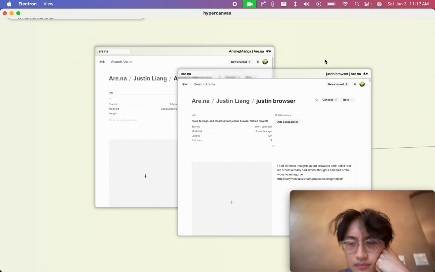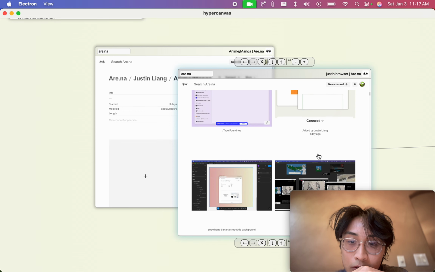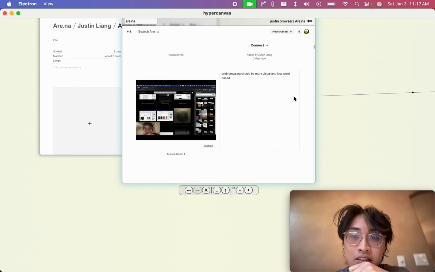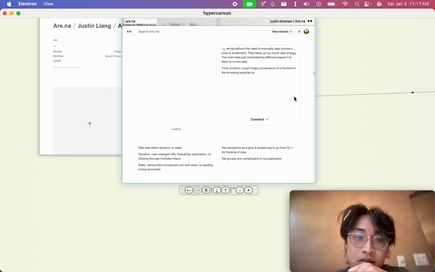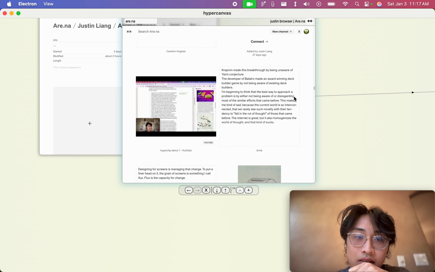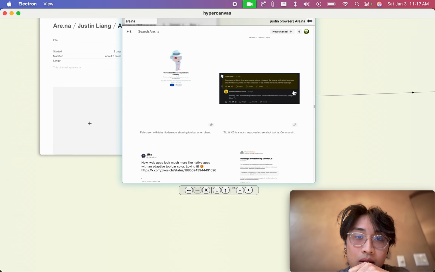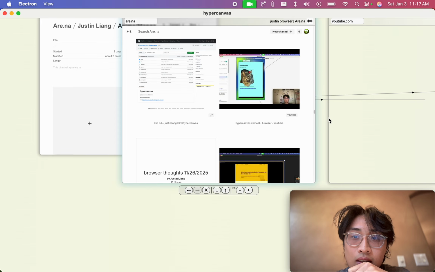I think before I was trying to go way too experimental, like the design wasn't based off of existing metaphors that we had as users of web browsers. I'm trying to find older versions. It's been a while. Yeah, I think before it used to look like this, where each